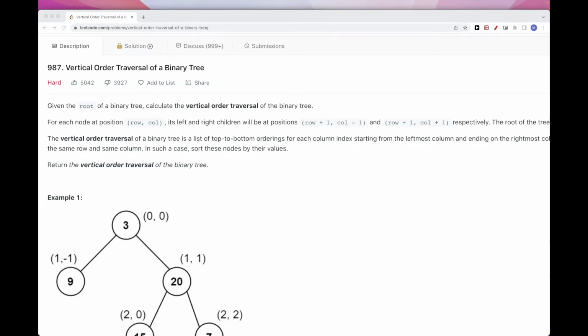Hello, so today we are going to do this problem called vertical order traversal of a binary tree. This is part of the LeetCode September challenge. The problem says we have a root of a binary tree and we want to calculate the vertical order traversal. And so for each node, row, column,